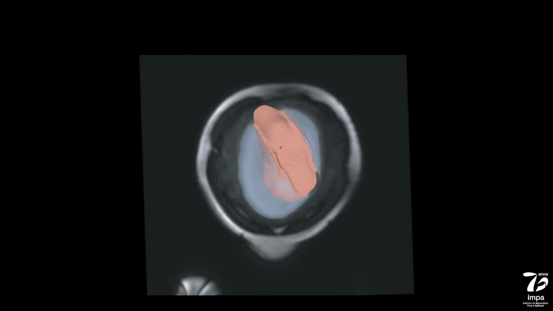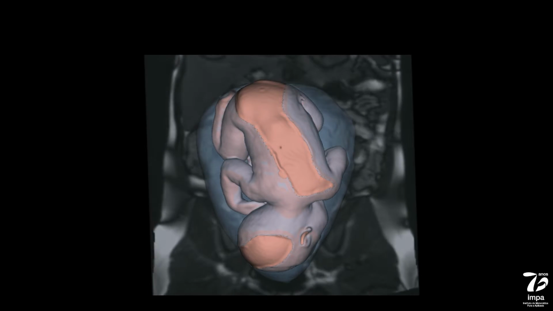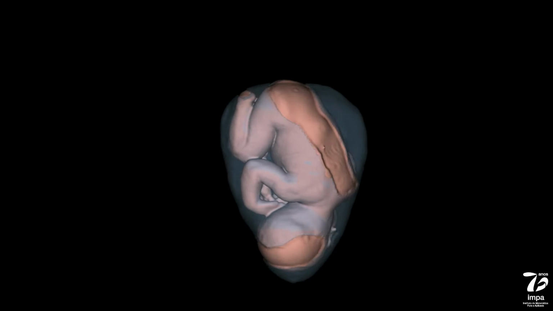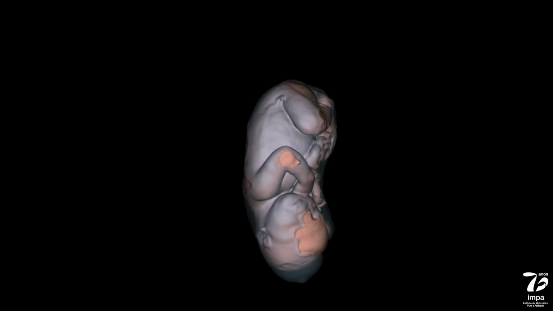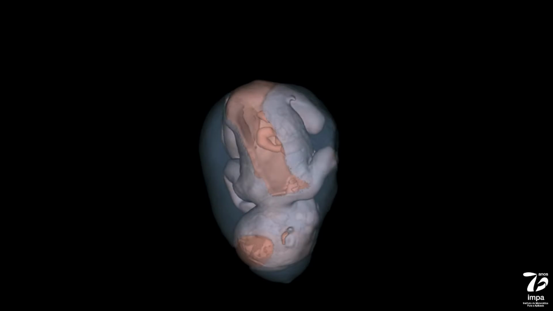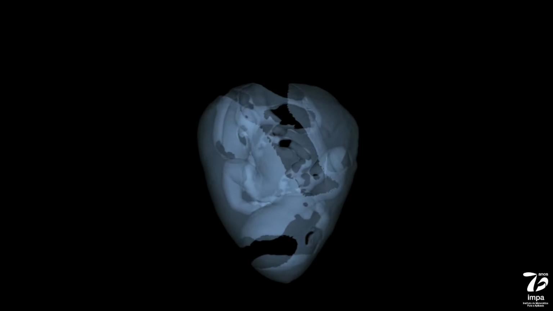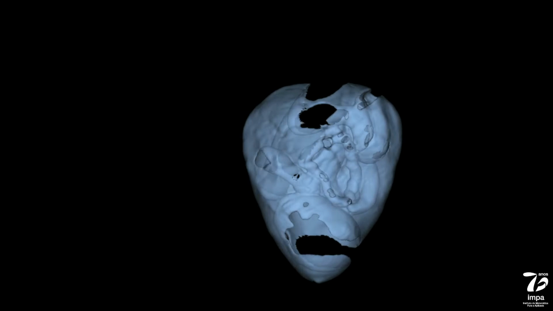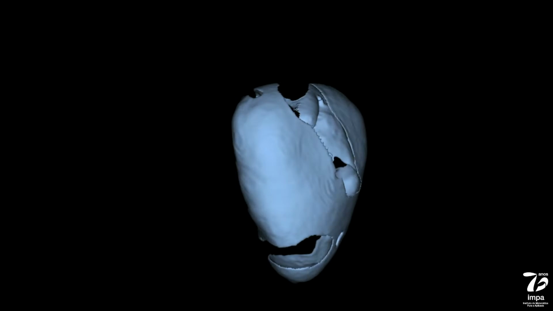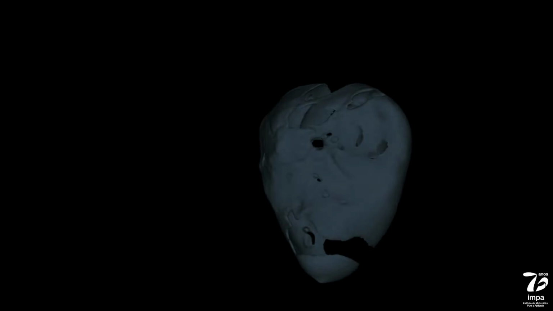Okay, so this is the MRI. And for every slice, we're drawing out where the fetus is. And once the MRI exam is gone, this is what you have left. And in blue, you have the fluid surrounding the fetus. Okay, so there goes the fetus. We had to estimate the volume of this weird object, which is important for pregnancies. So how to do this?